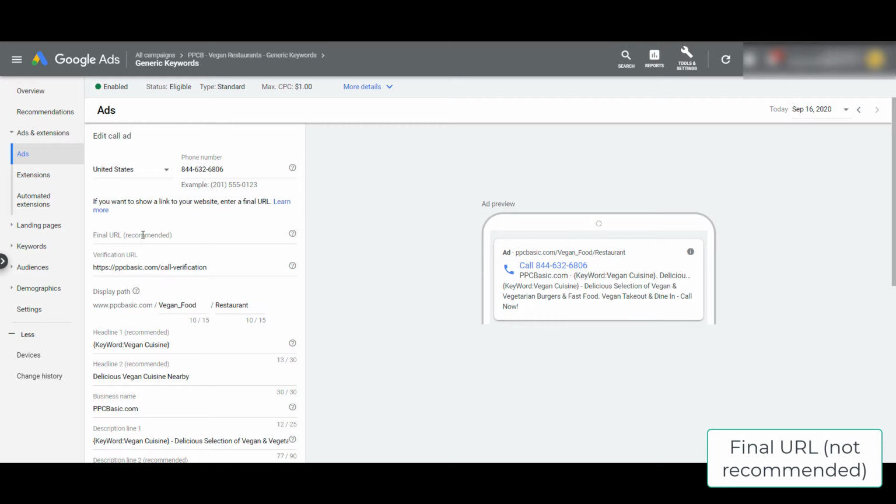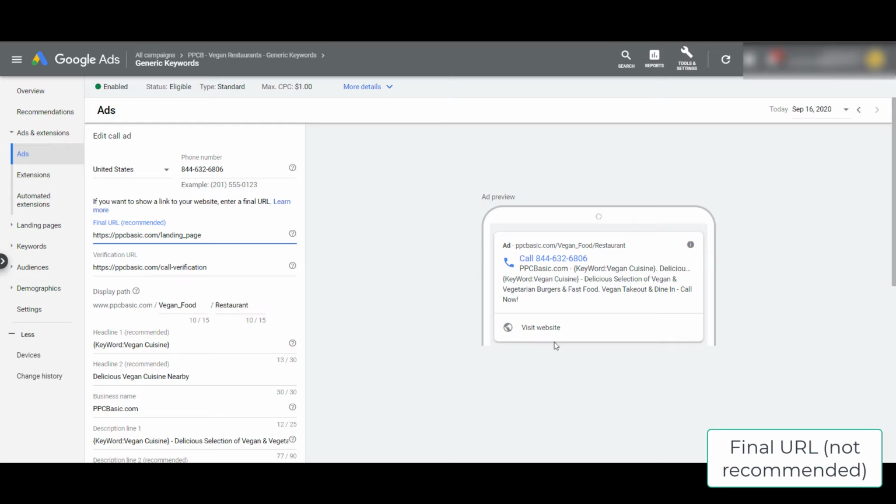One new feature that Google Ads has added to their ad creation process is this thing called the final URL. And even though it says recommended in parentheses, I personally don't like to use it, because essentially it's an extra link at the bottom of your call only ads. And obviously what we're trying to focus on is generating calls only. This feature has been added to somehow overcome the issue of clicks not converting into calls. So if the user sees visit the website here, they'll be more likely to click on that if they're just